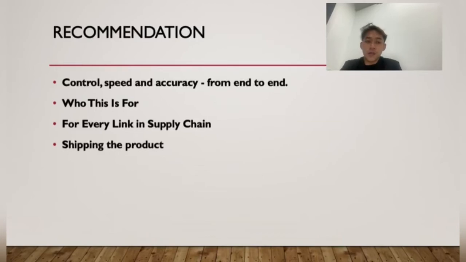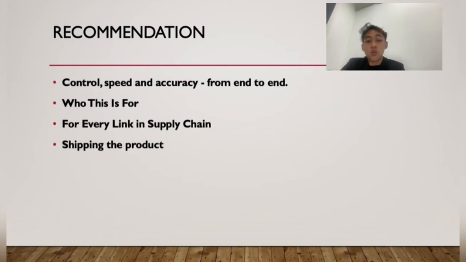For the recommendation, the number one is to control speed and accuracy from end to end. The retail supply chain is a complicated puzzle that is unique to each company. PKT Logistic for the hub, CJ Logistic for the land, DHL for the seas, and Union Logistic for the air to deliver our product to its final destination. So our expertise, technology, and a global network of carriers and facilities work together to provide visibility tracking, inventory control, and the fastest shipment time possible.